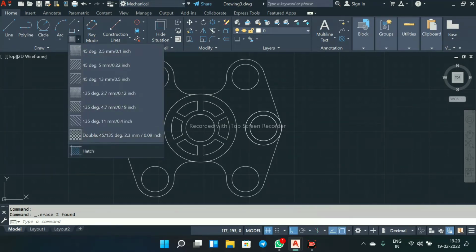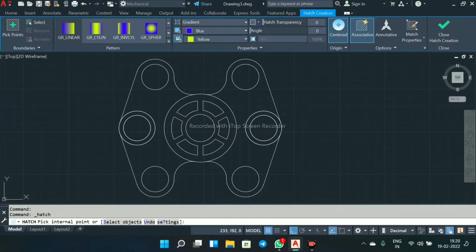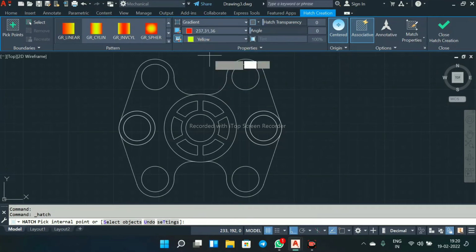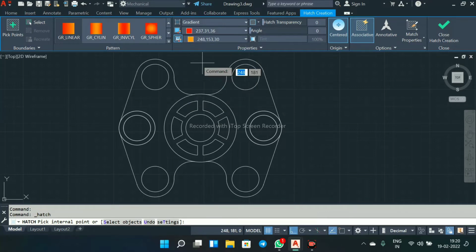Go to hatch and select gradient. I will choose the first color as this one, the second color as this one, and choose this sphere.